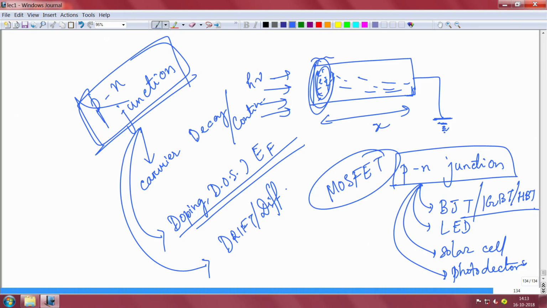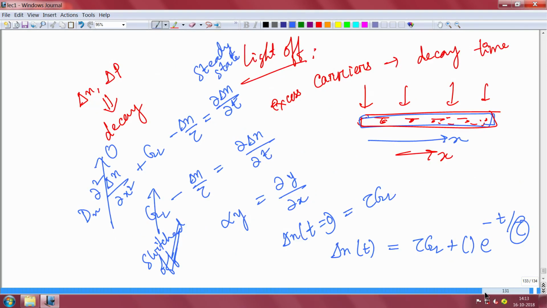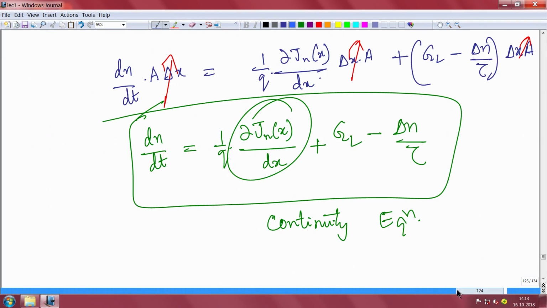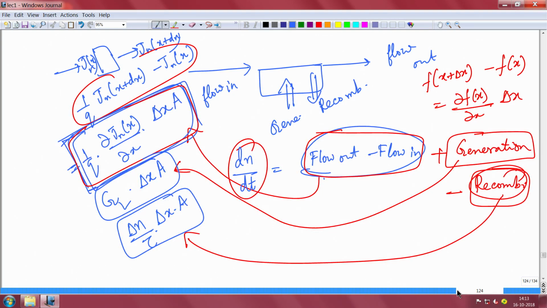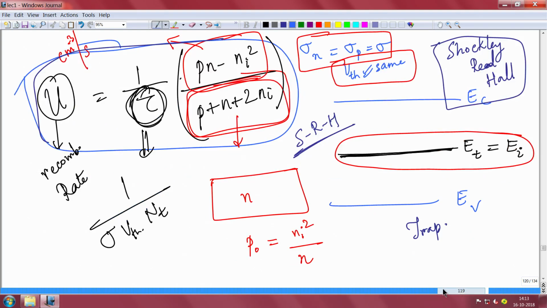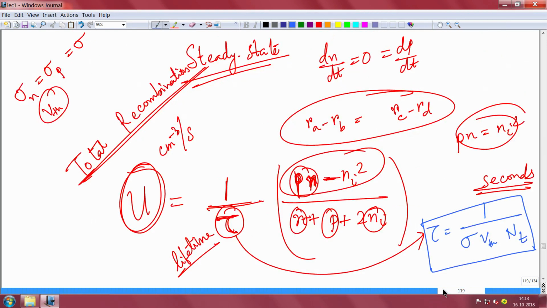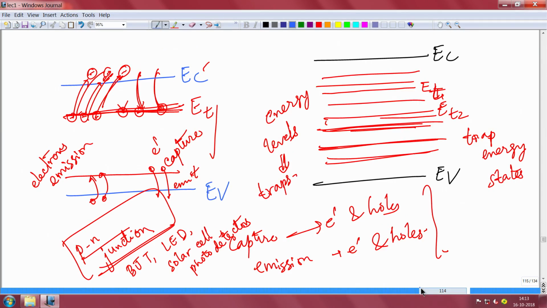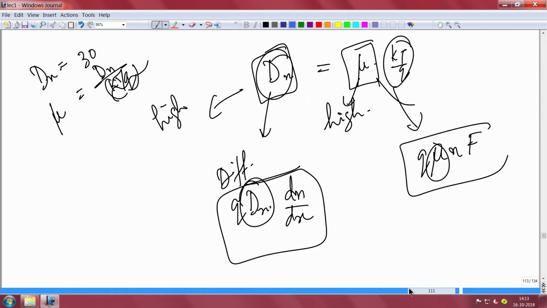So I am hoping that till this point in time, whatever we have studied, things like excess carrier decay, continuity equation, how we solve the continuity equation, how we derive the continuity equation, these are all clear to you. If you remember the long diode, the short diode things that I had discussed with you, the derivation of the continuity equation. Shockley-Hall recombination was more about traps, how the carriers will recombine with the traps, we hope you remember those things, and we had also done some simplified examples of that. Trap dynamics and all, we had studied that. I'm just recapping whatever we had learned in the last few lectures.